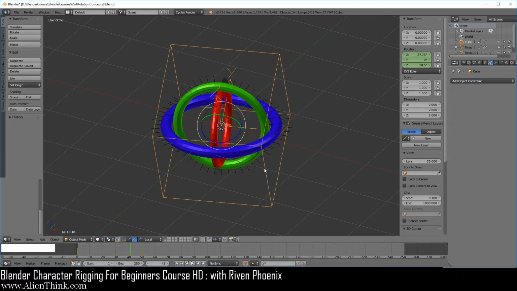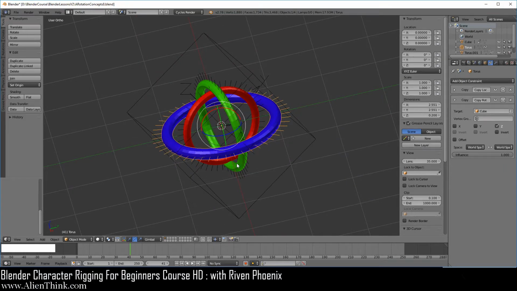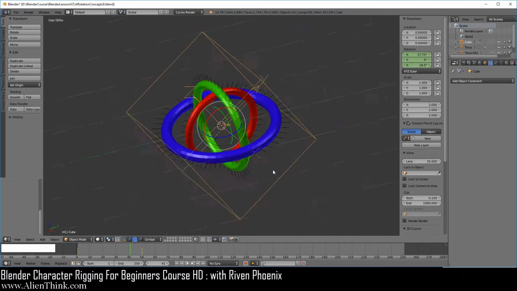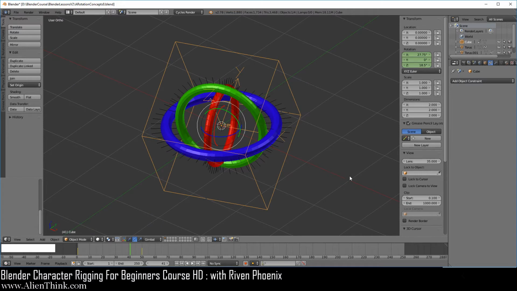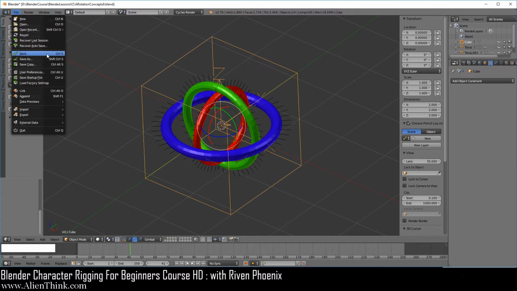Remember, at any time you can click on this object and switch this to gimbal to confirm that the ring-based system for you is working, right? So you have to click this to just match it like this. So that's how that concept is going to work. So let's go ahead and do Alt-R to reset the rotation. Go ahead and open this up and do clear animation data. Now go under File and let's go ahead and just save this file.